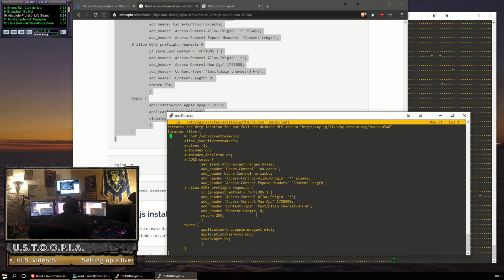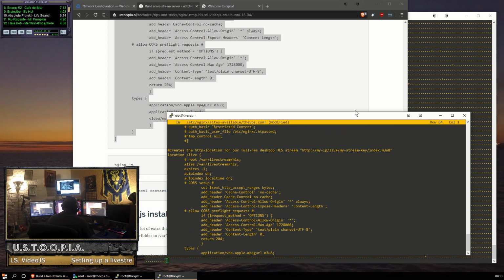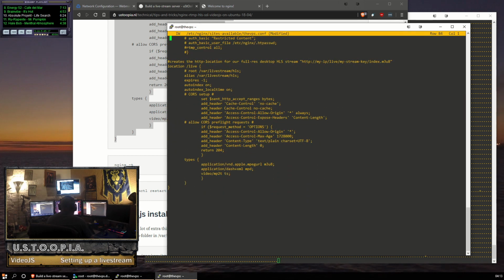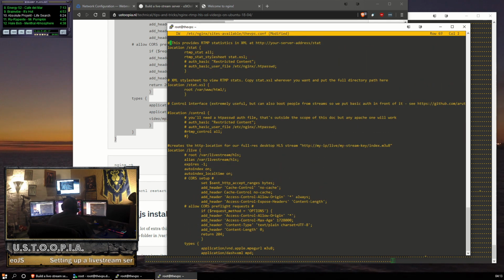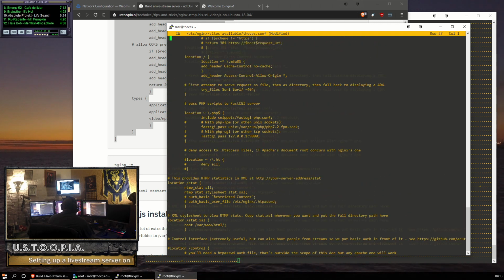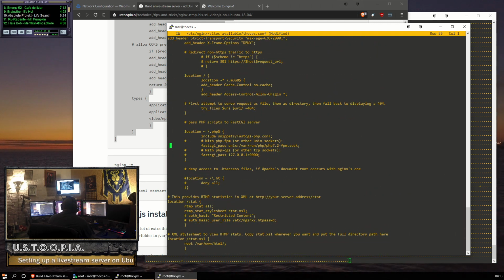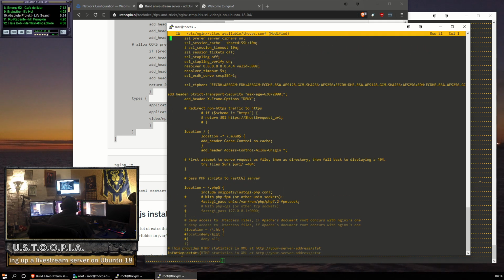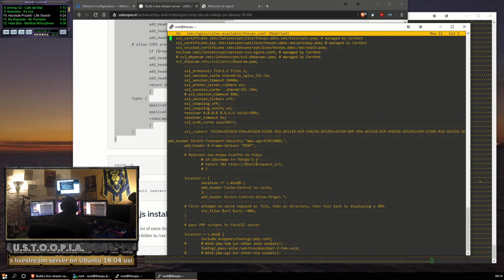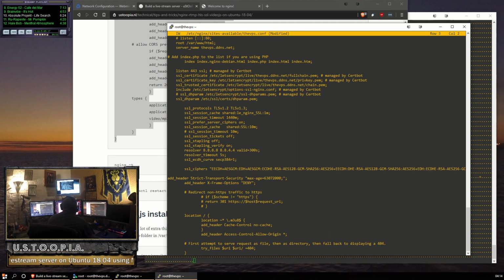I really advise you to go through every line and to see if it's to your needs. But keep in mind that most of these things are actually required for it to get it all to work. There's a lot of anti-caching stuff, and that's done so the HLS will not cache any files that it finds at the location where it's searching for